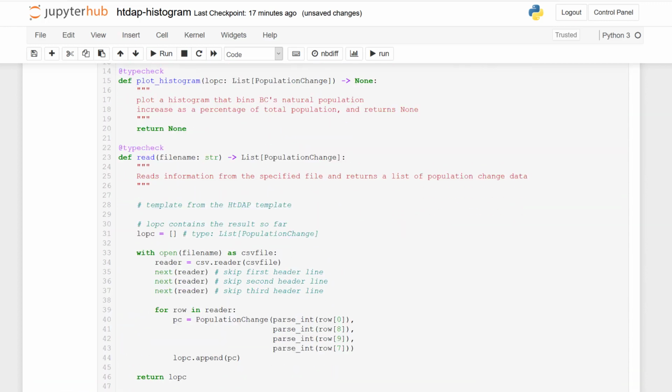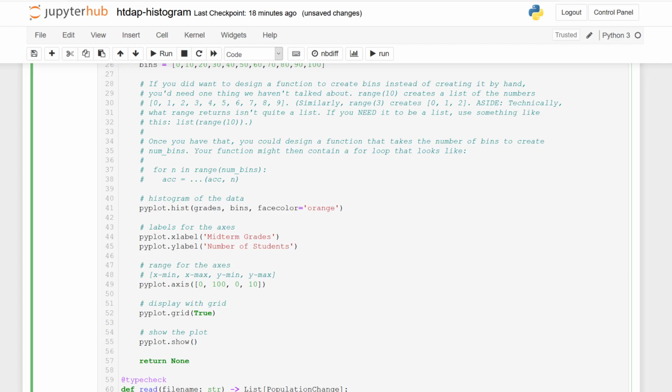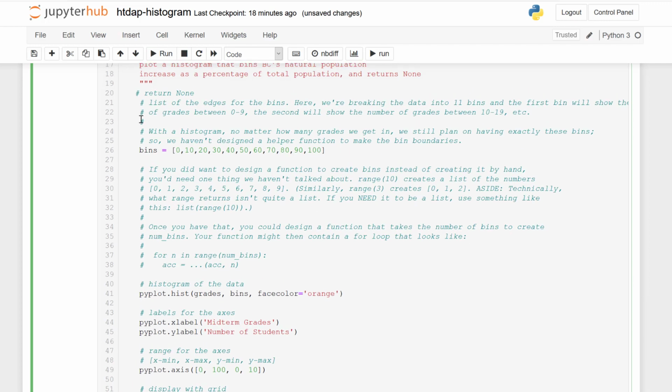Our next step is the template. For these visualization functions, we don't have a template in the same way that we do for our other functions. Instead, I find it useful to copy in the code from one of the worked examples and edit from there. So I'll comment out the body of the stub and paste in the code from a worked example. This particular worked example was plotting grades.